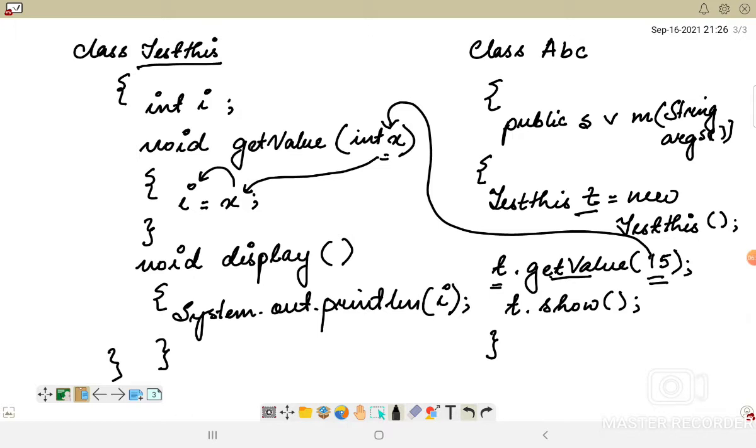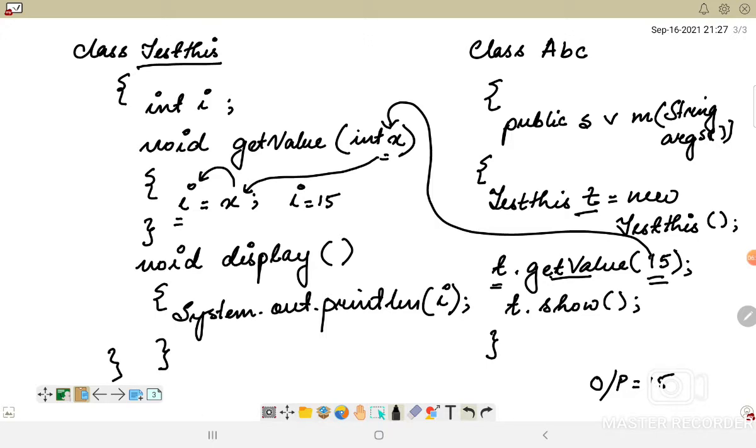So the value of i is now 15. When I execute this program, the output generated would be 15. This is because I have used a separate instance variable as well as a different parameter variable, a different argument variable.